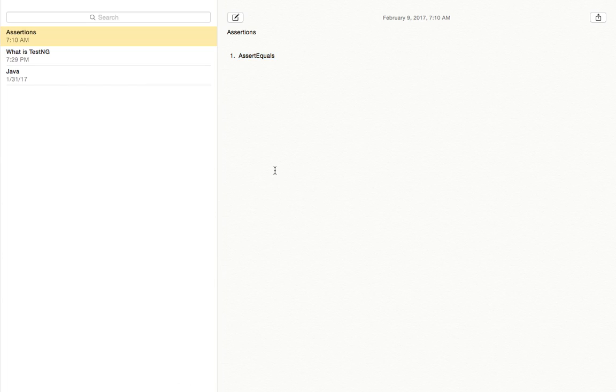Hi guys, welcome back. Today we are going to learn about assertions in Selenium, the most important topic. So assertions, think of assertions as basic validations that help you to check whether your test case is passed or failed. So all these days we have written Selenium WebDriver programs. We invoked Chrome browser, we invoked Firefox browser, but we did not actually check what we want to do.